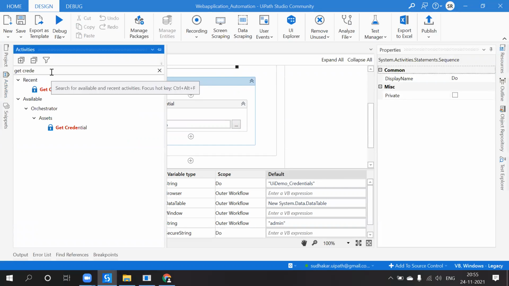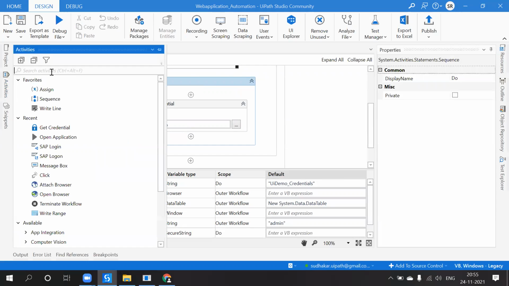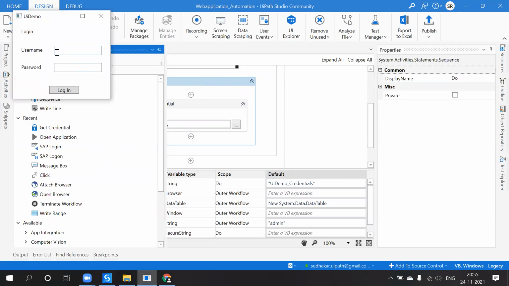Come to the activity. So then what do I need to do? Now we have to provide a username and password, right? See, what is my task? The inputs need to be provided not by humans, but by the automation bot, that means our UiPath bot.